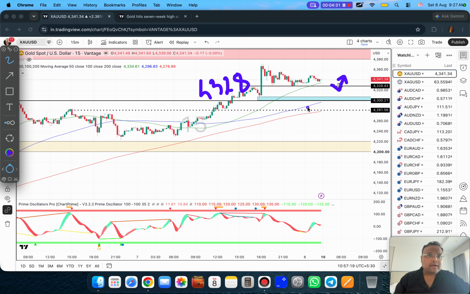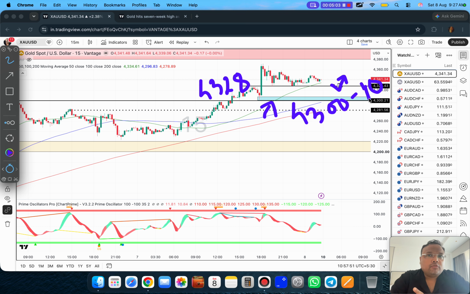In case the market shows high volume, then day traders, you need to focus on 4300 to 4310. The blue box that you see here is a support zone. In case the market drops suddenly, you see that there is sudden selling pressure, then 4300 to 4310 is a support zone we need to check. And in this situation, I feel there's a good chance the market will find some good support around 4300 to 4310.